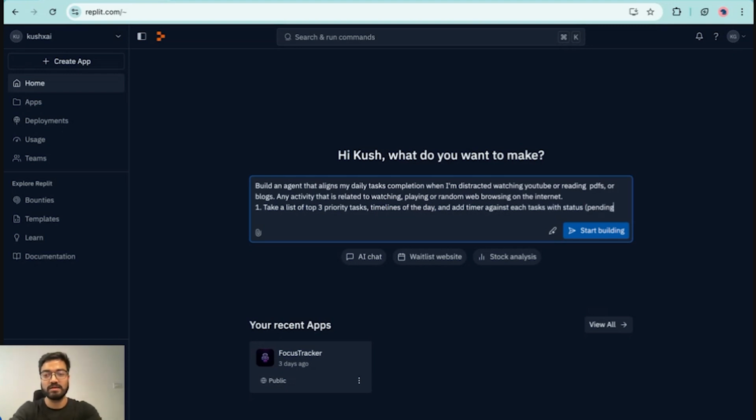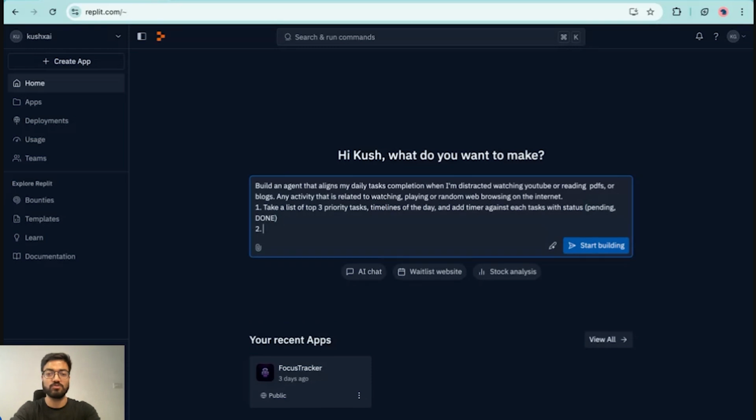It could be pending or done, right? These are the 2 major statuses. What we also need is, like, a poker. We want someone to poke us or notify us. So here we will add a pop-up reminder